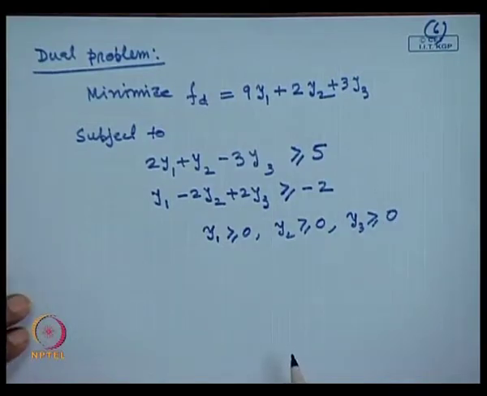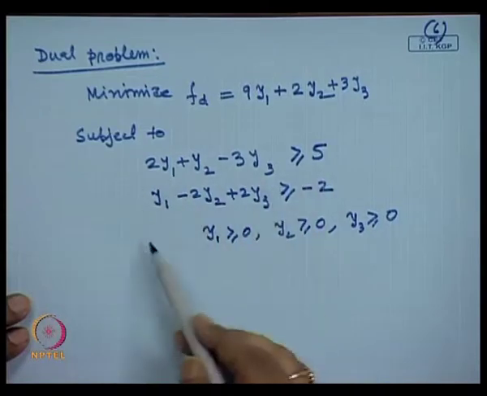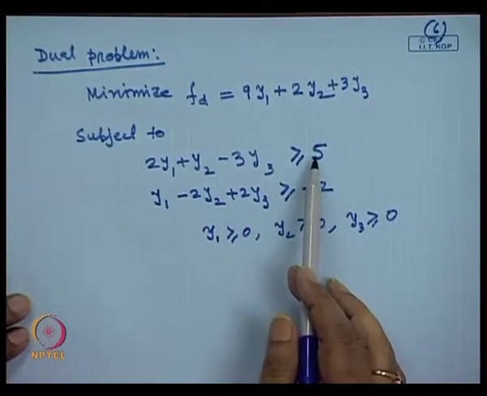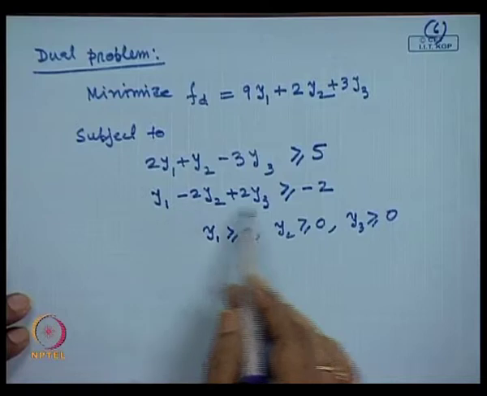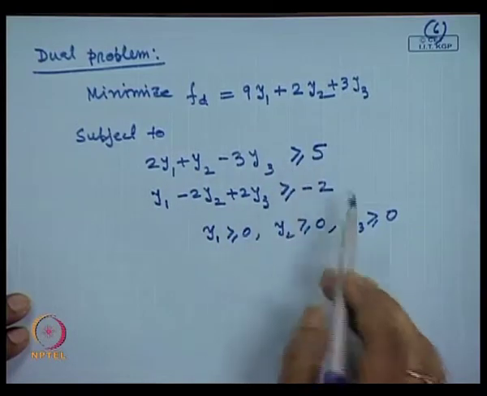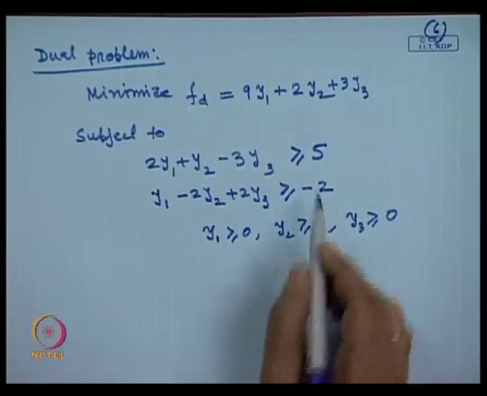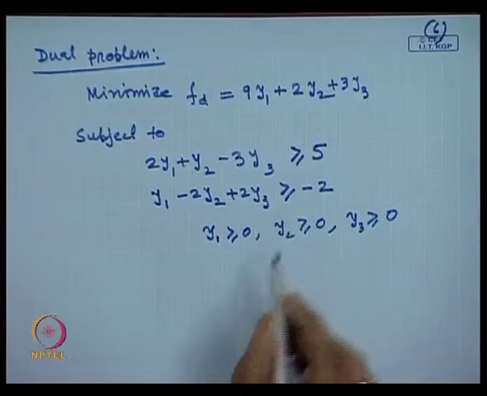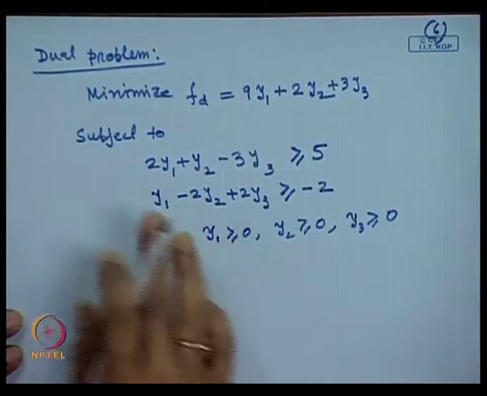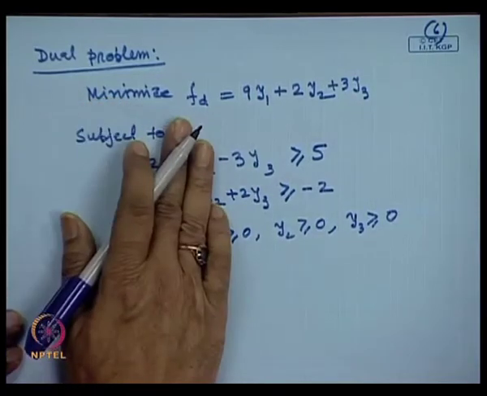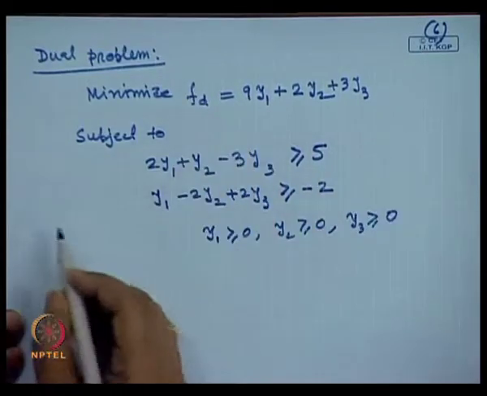Okay. So, as I mentioned here, when you convert into the dual problem, the right hand side of the constraints does not have any restriction on its sign. So, we have converted into the same form. Now if you see this one, then what is this? This is converted into our standard dual problem. Now, if you want to solve this standard dual problem you have converted by using the simplex method,